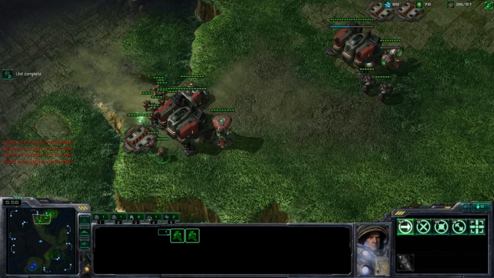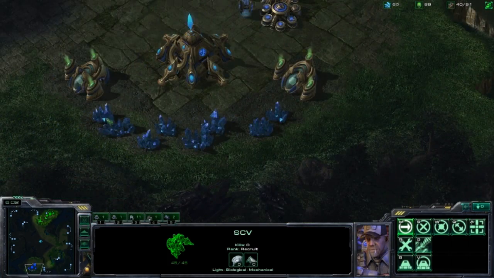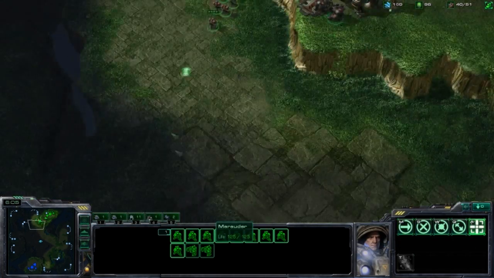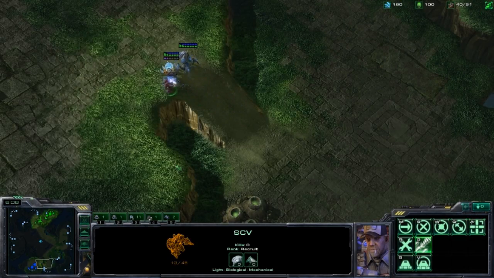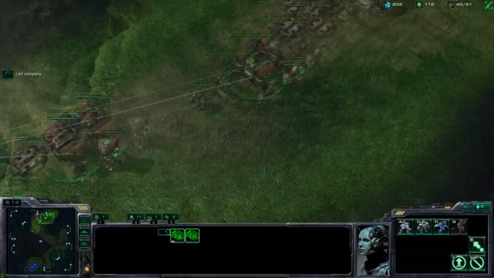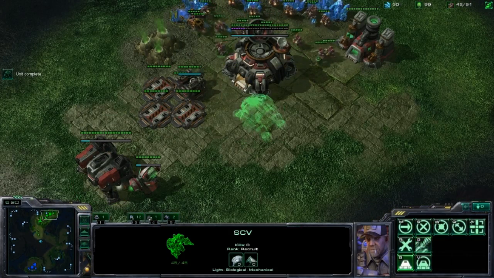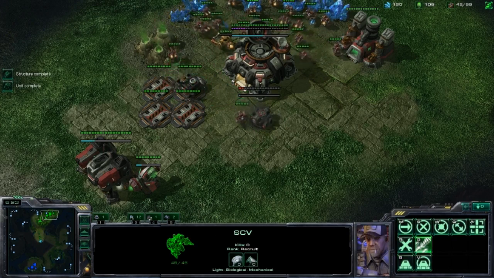When concussive shell is done, you want to get stim, because stim is really, really important. And then I send my SCV in again to see what he's up to. And I see he's got a sentry and a stalker. That's not very much gas, so it could very well be something like Void Ray. It's probably not DT, just because you typically don't see a sentry when they're going one-base DT, because of how